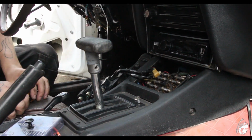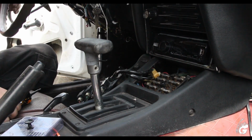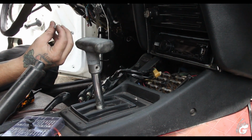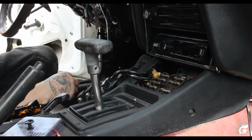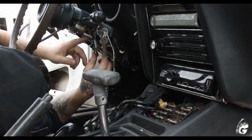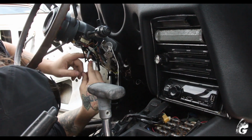But since this has like a 6 amp fuse inside the circuit, this one, all it does, it just gets hot and hot and hot. So what I'm gonna do is